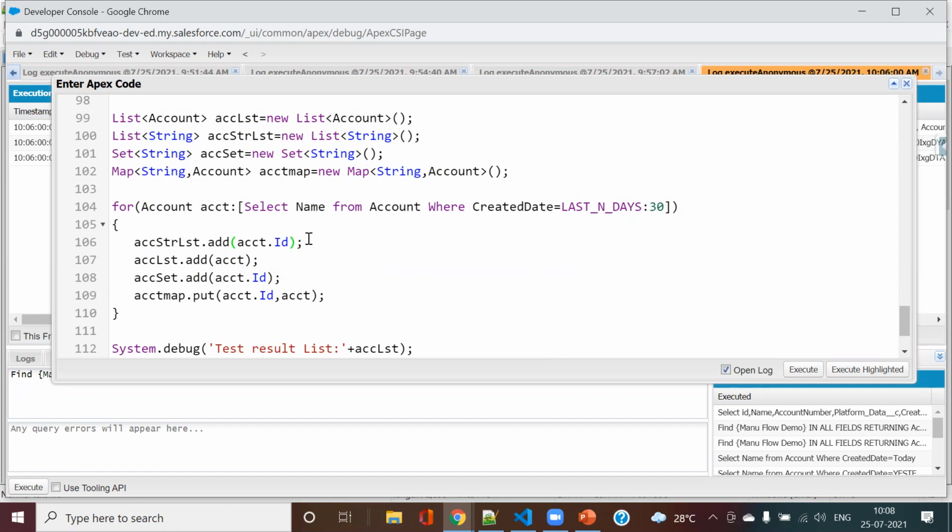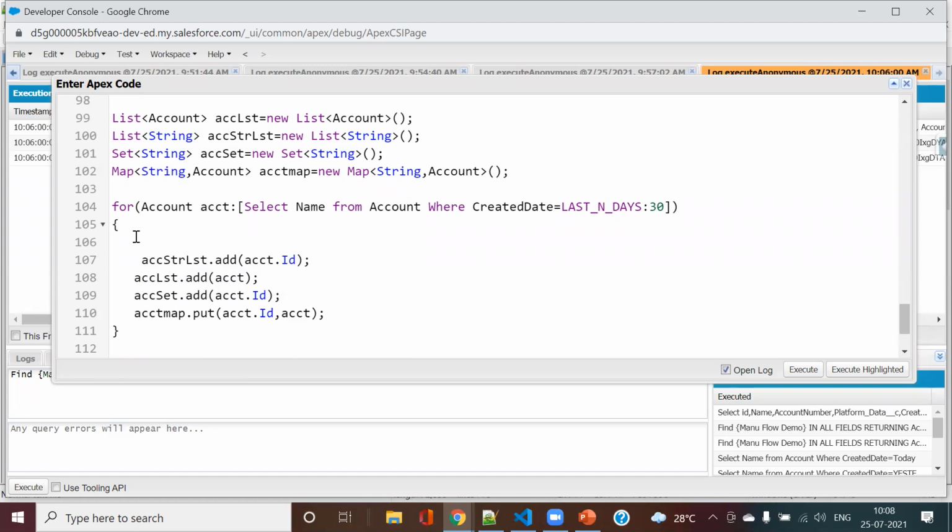When we are fetching any records, an SObject you can't typecast to a string, that is not possible. You won't be able to use it. Here, one more thing I could do, I could have maybe string name equal to acc dot name.